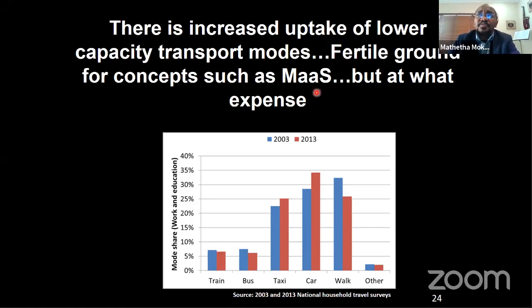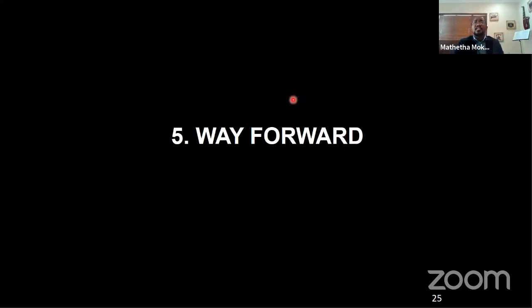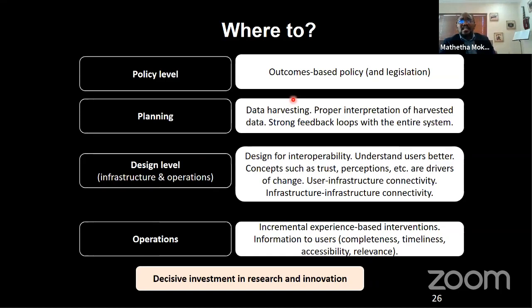So essentially, this is fertile ground for those concepts, individualized mobility services. But of course, it must not be at the expense of sustainability. So in terms of the way forward, last slide, at the policy level,